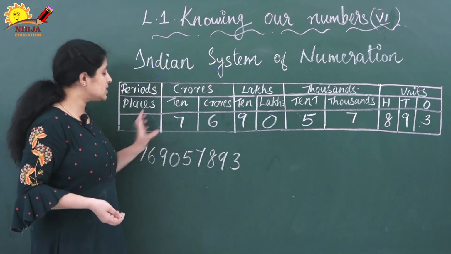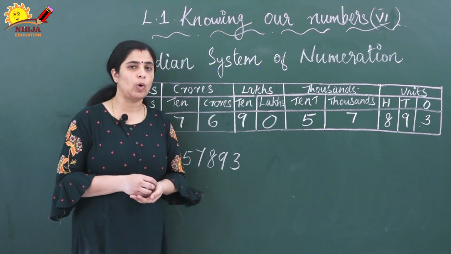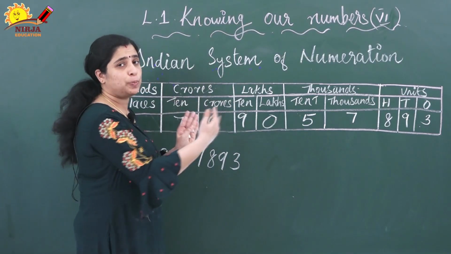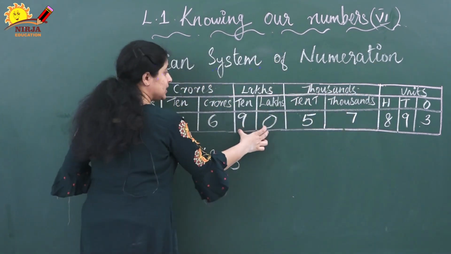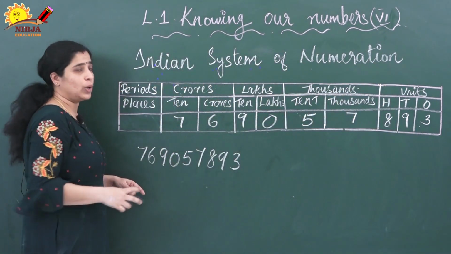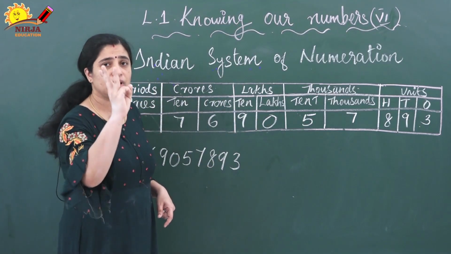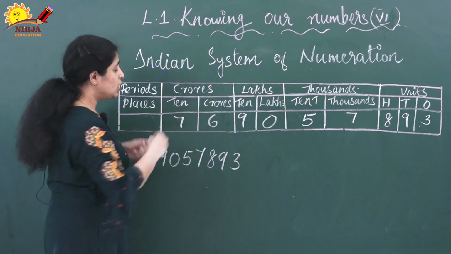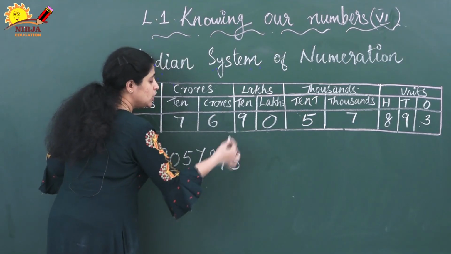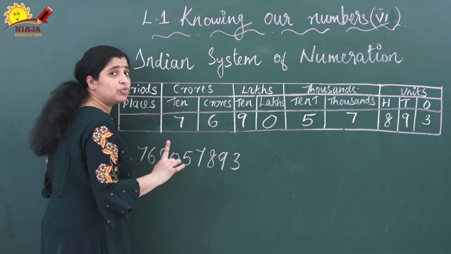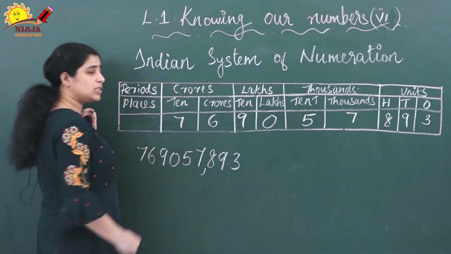Now you can separate these numbers by keeping commas. How can you keep the commas? You can separate each period. That means this is the first period and this is the second one. This is the third one and this is the fourth one. The first period has 3 subdivisions, that means 3 digits should be there. It should also start from the right hand side. So 1, 2, 3. After 3 numbers from the right hand side, you have to insert the first comma.